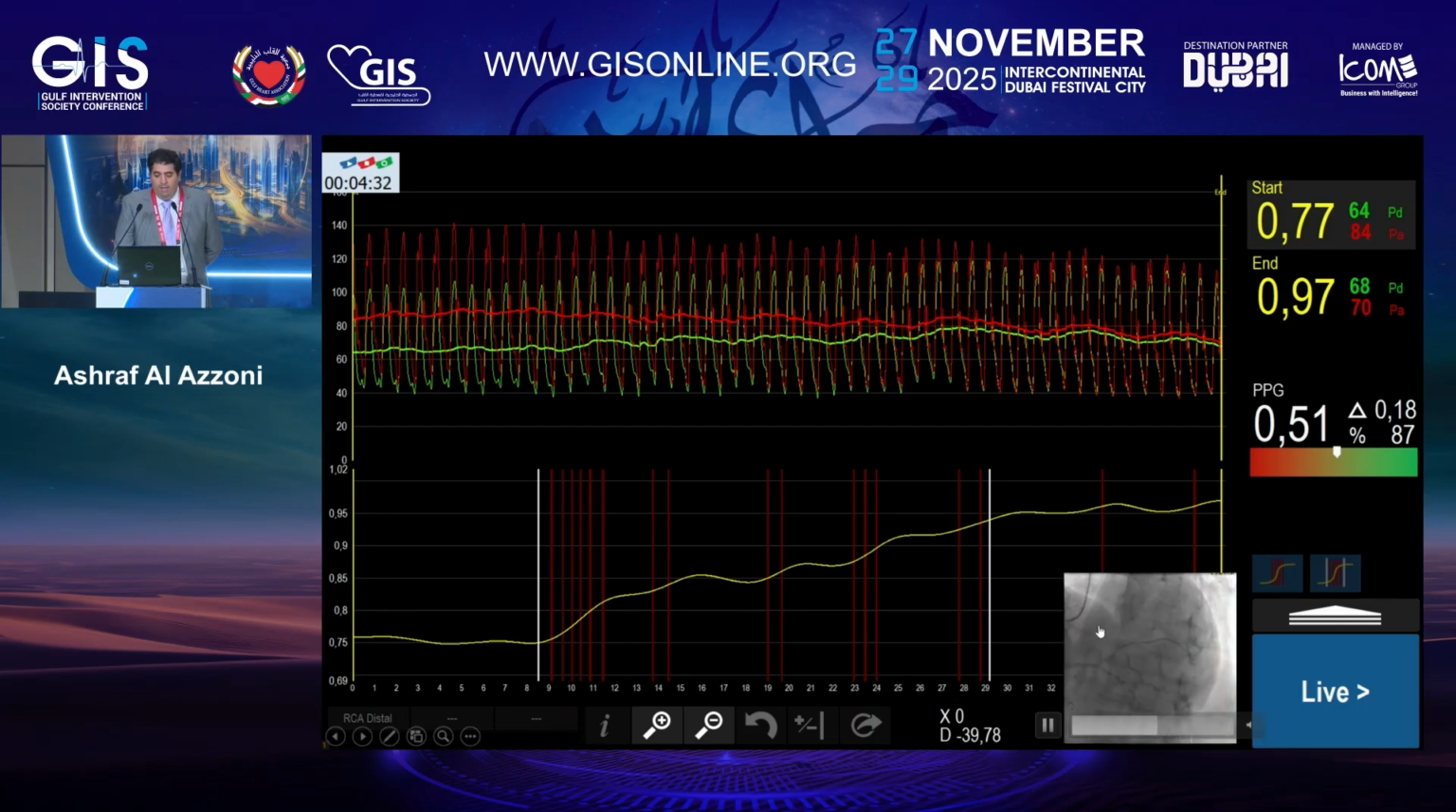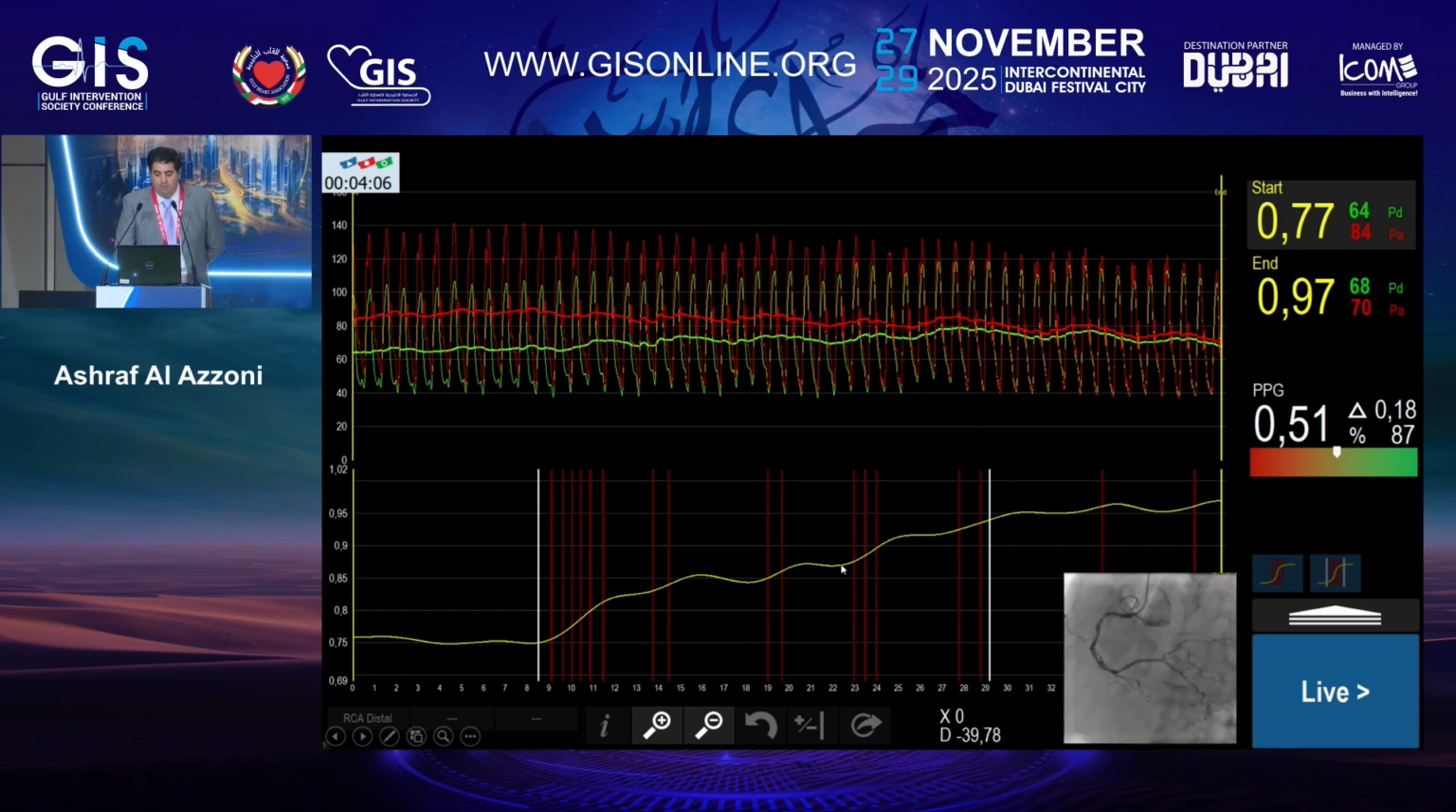If you remember how the RCA looked, I mentioned the lesion is more distal, angiographically at least, but we wanted to kind of predict what will be the final FFR once we do PCI. So that's why we did the FFR PPG pullback. FFR was abnormal at 0.77. But what caught our attention is, beside the fact that the PPG was very low at 0.51, indicating this is